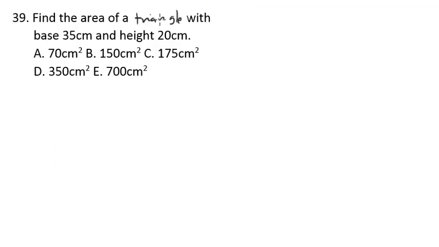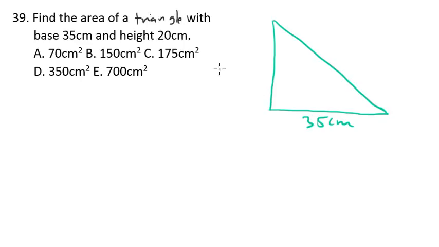I had to change this to triangle because I noticed I typed rectangle, but from the question it's supposed to be triangle. So this is find the area of a triangle with base 35 centimeters and height 20 centimeters. So let's say this is a triangle, and it has a base of 35 centimeters and it has a height of 20 centimeters. So the area of a triangle is always equal to half the length of the base times